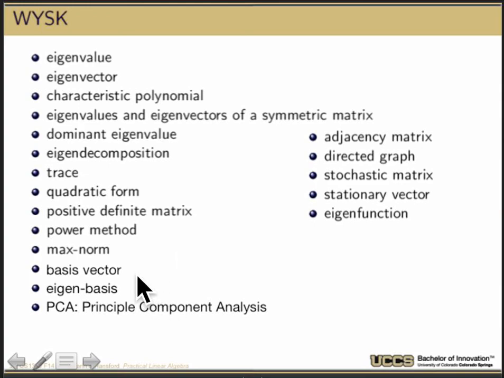Understand the ideas of basis vectors and the eigenbases, how we use those in principal components and sort of eigenfaces. For the Google matrix, make sure you understand the idea of adjacency matrices, a directed graph, the stochastic matrix, and the stationary vector we get out of that as our sort of rank matrix. I know this was a lot of material for this week. We'll be applying some of this for our second program. Eigenvalues and eigenvectors are one of the important concepts you get out of